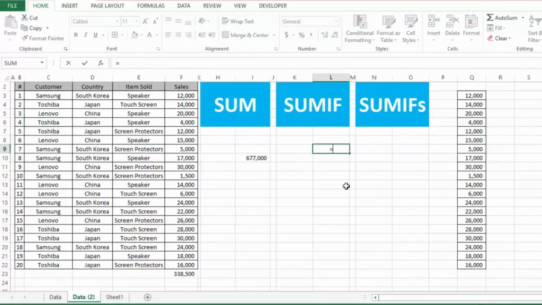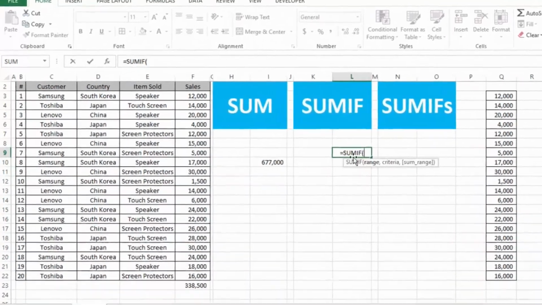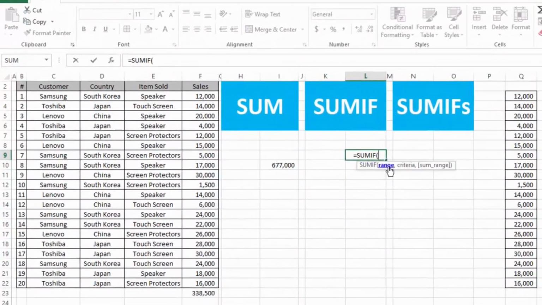So we will write the SUMIF function, open parenthesis. The first thing that we need to provide here is the range in which we have our criteria. As our criteria is our customer, and this is the list of customers to whom we have made sales, we select this as the range. Insert comma. The next thing is the criteria.